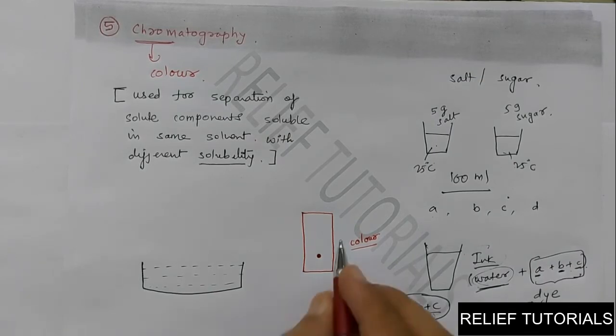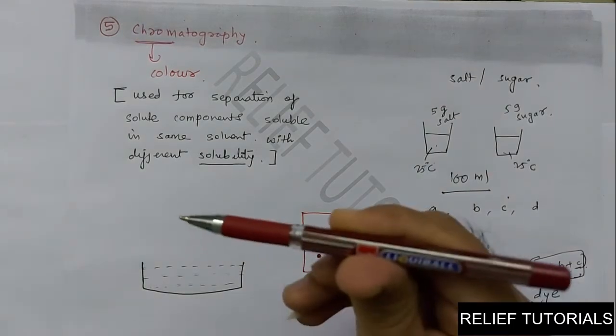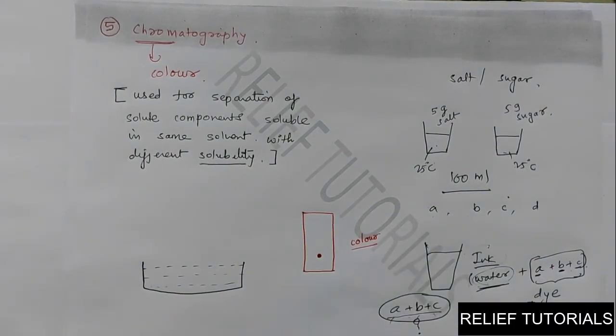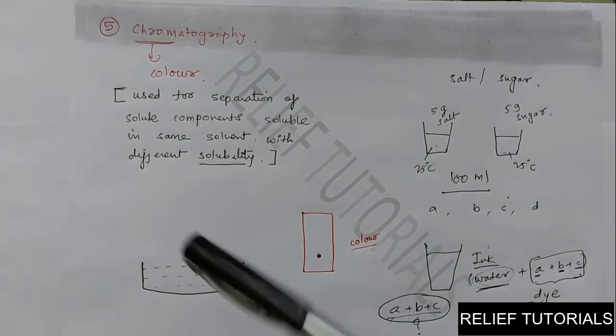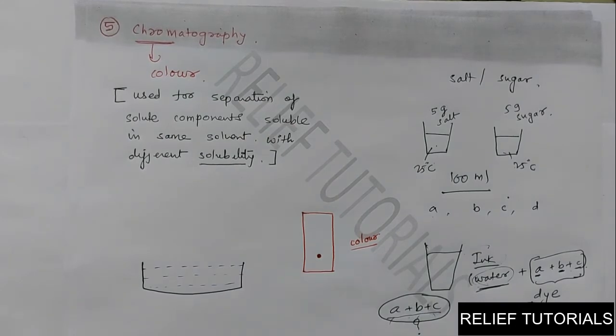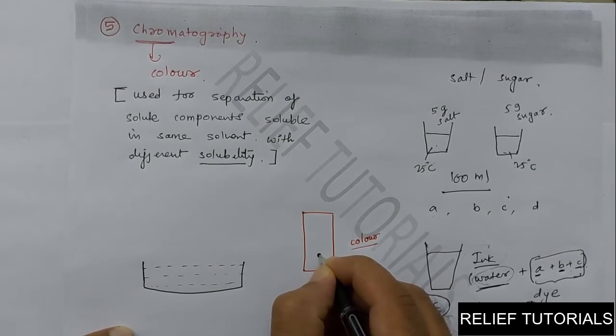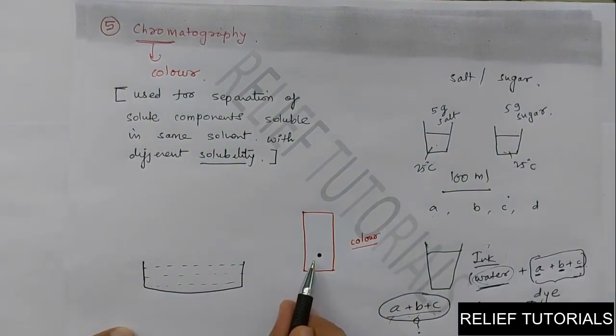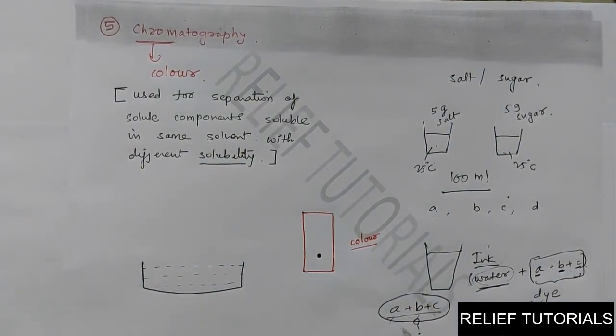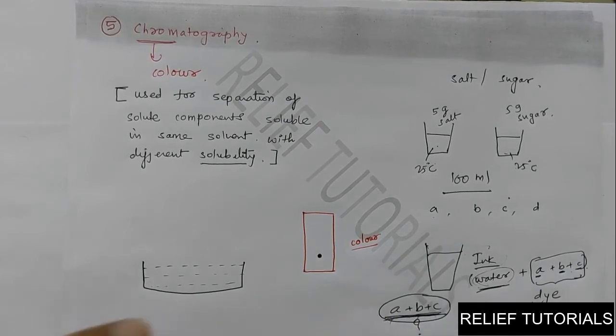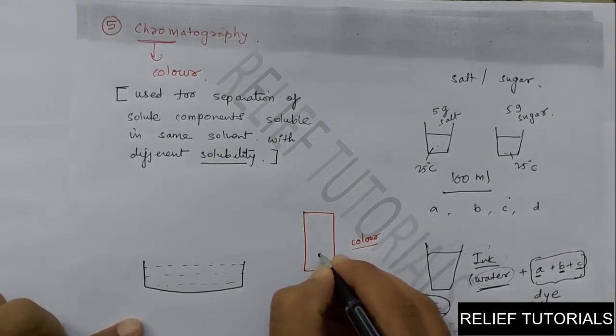Real example. This is the pen. See, the red pen I am using here. So this is the red dot. I have a black pen also. If I made the dot with the black pen also, then whatever dot I am making contains dye particles. And let us assume that 3 different types of dye particles are present, A, B and C. Just for the sake of understanding, let us consider I am overlapping the black color here.